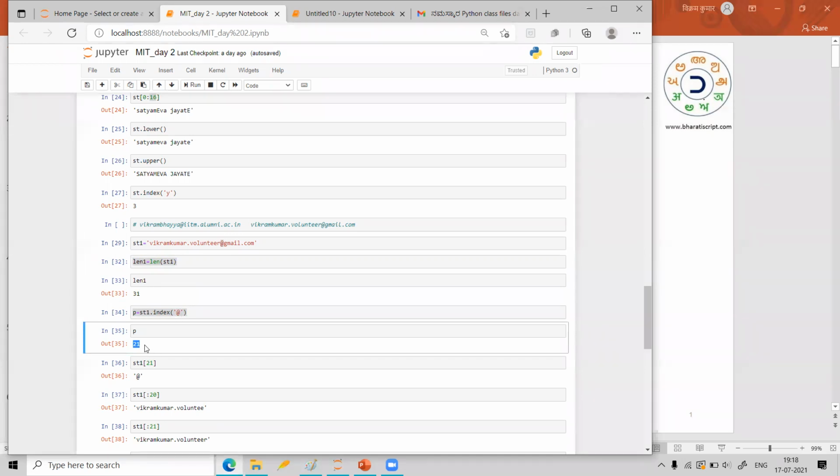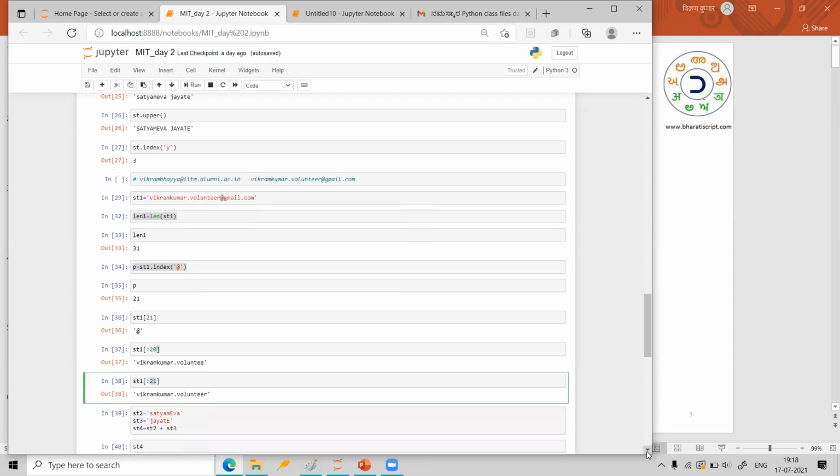So if I want to print everything before that particular thing, you see this particular statement: nothing colon 21, or 0 colon 21 you can give. You should be careful again whether we have to write 20 or 21. I told you whatever you are writing on the right hand side, for example if you are writing 21, it will actually not take that value 21. It will print only up to 20. That means the right hand side, whatever is there, is not included. So these are the things we were discussing, and this is all revision.